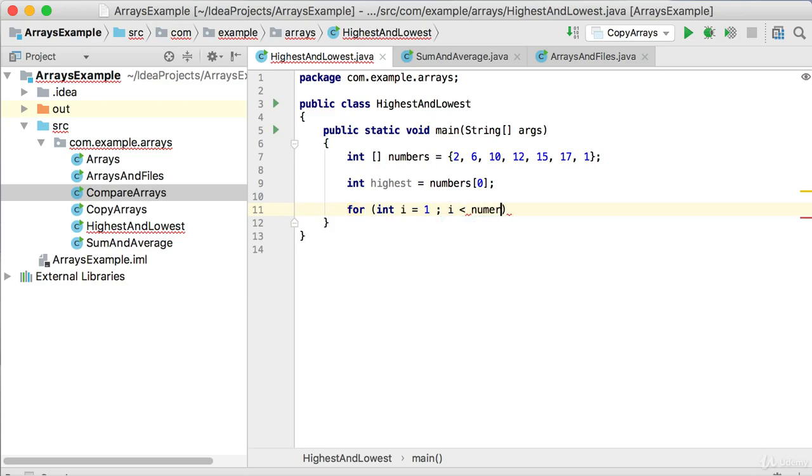We're going to go to numbers dot length there, which will give me the length, and then i++. Okay, so this is very important. In this for loop, we start at 1. You can start it at 0, but it's senseless to actually compare the 2 with the 2 itself. So we're going to start at i equals 1, and then what we do inside of this loop is